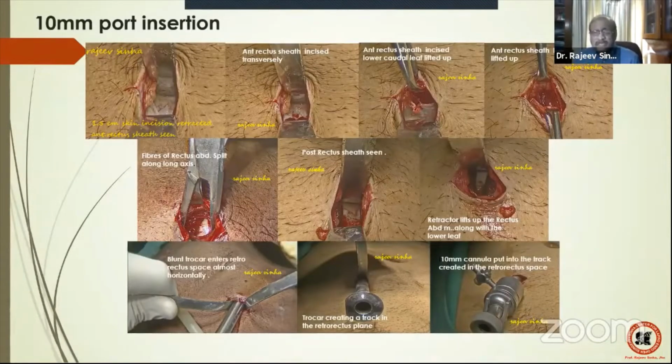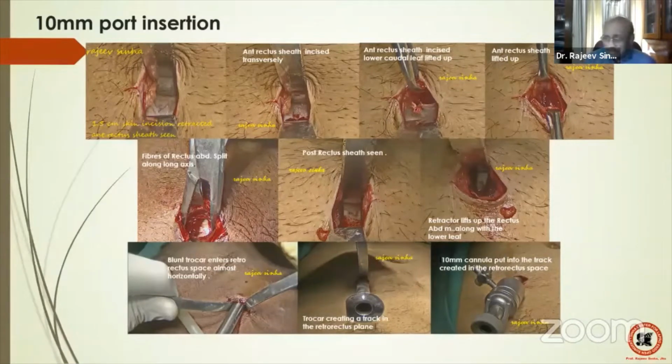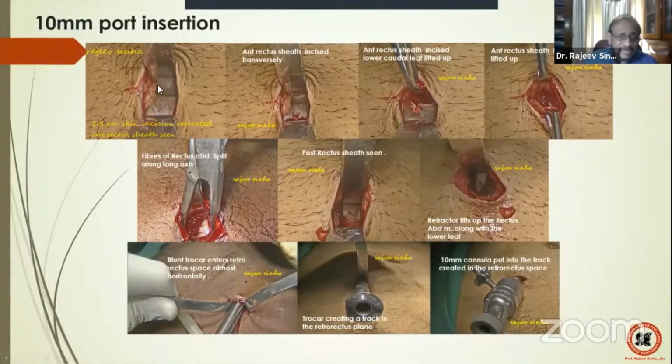Right. Now, this is very, very explanatory. I had to pick this figure up because for those who are not doing it, I think a lot of people are not doing E-TEP repair. The first 10 millimeter port insertion is very, very important. This is a 1.5 centimeter skin incision. And then I've got these small half-inch retractors and I've retracted.